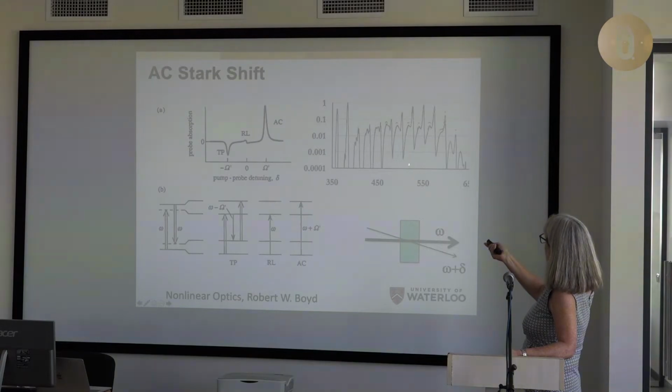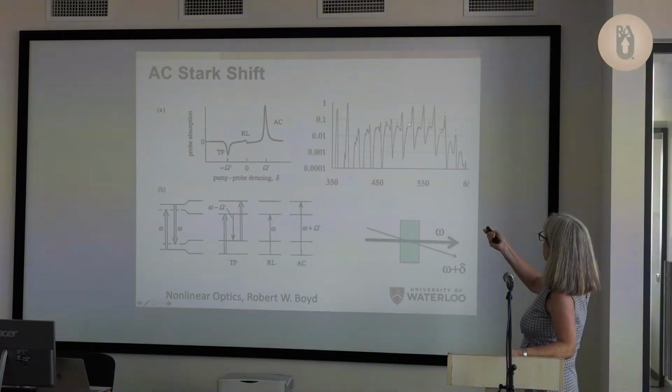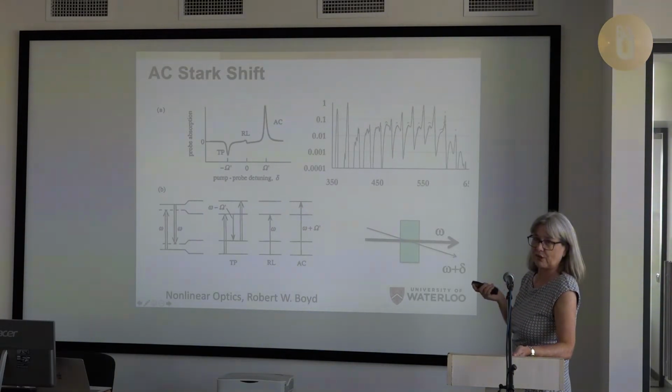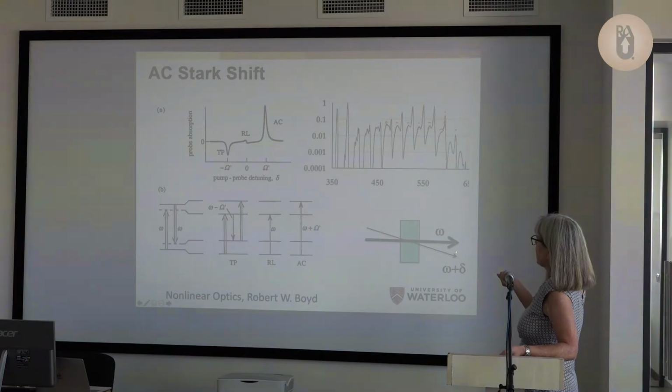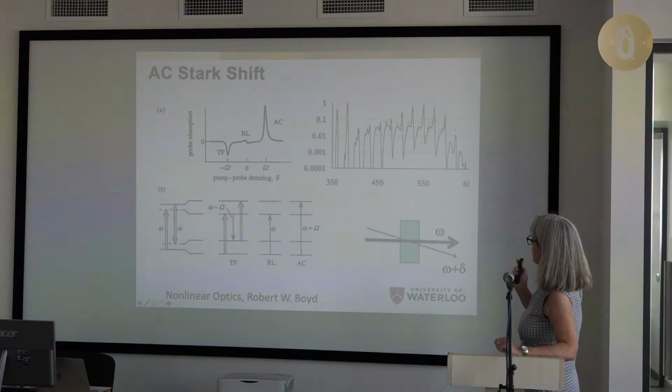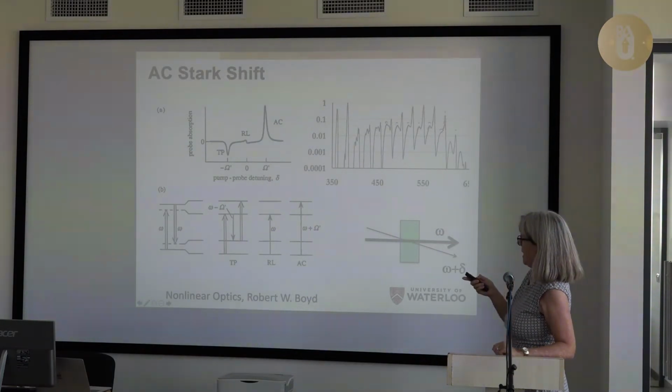Now remember, this is the picture I'm trying to look at. On the blue side, we seem to go down into the continuum. On the red side, we seem to have this shoulder. So I'm going, well, that kind of looks like what we have. Okay? Question is, what is this? Because we're not putting in a second beam, but nevertheless, it sort of looks like what we have.